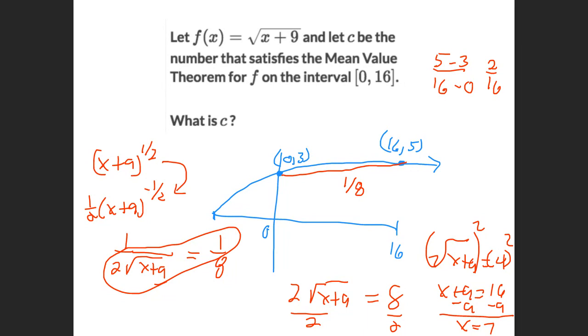The rest of it, finding the slope between 2 points, and here, solving a radical equation. So the only thing that was calculus is right here. That was it. The rest of it was algebra 2 kind of material. But that was a good problem. I like it. All right, now,